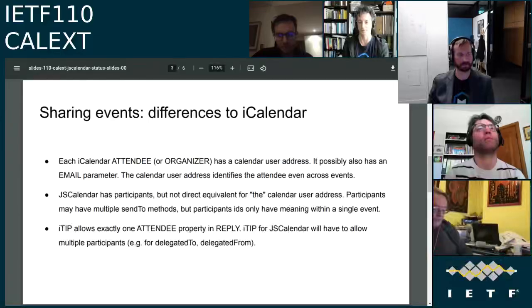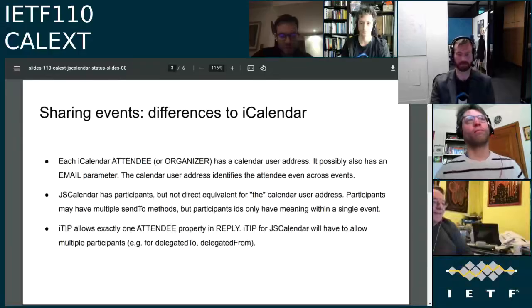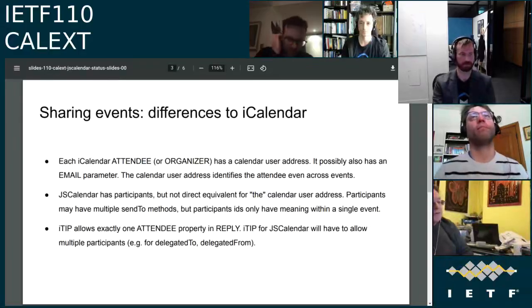Yep. No, because that email value is not an iMIP destination, so that would just be the email property on the JS Calendar participant as well. It would not be in the sendTo, as Cyrus made clear. Yet I got that event into my calendar, or at least I got it to where I could display it, because it was sent as an iMIP attachment using the email parameter value. What he said was the bug was the format of the calendar user address, because it's not actually a valid URI. It's missing the scheme.